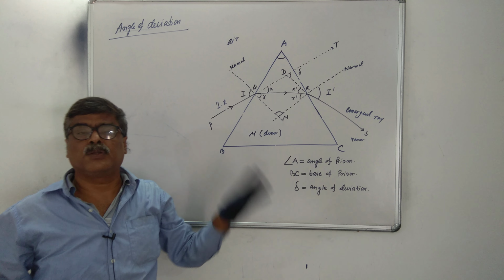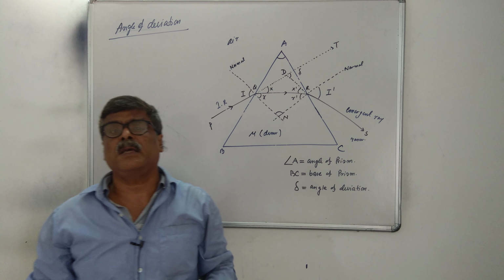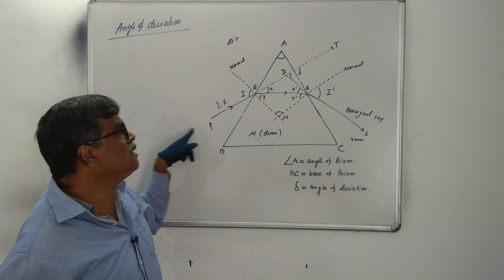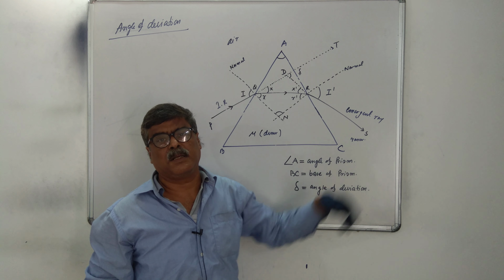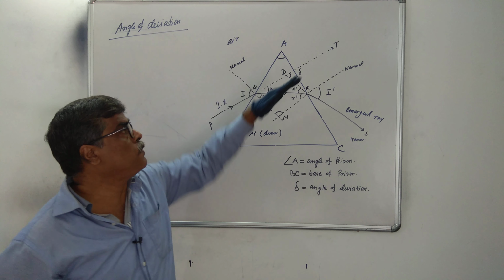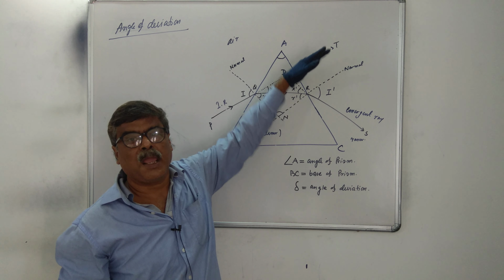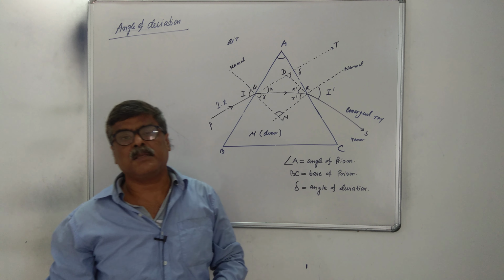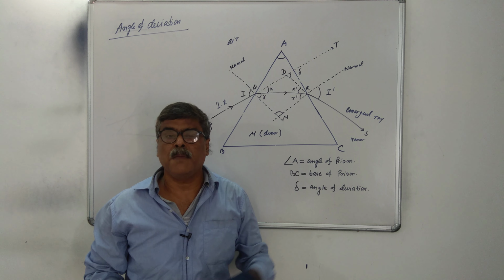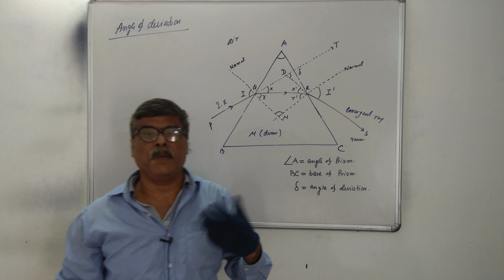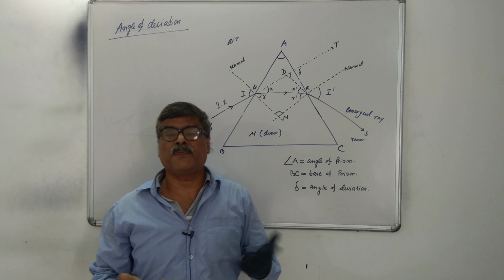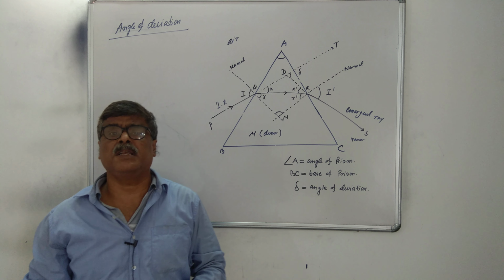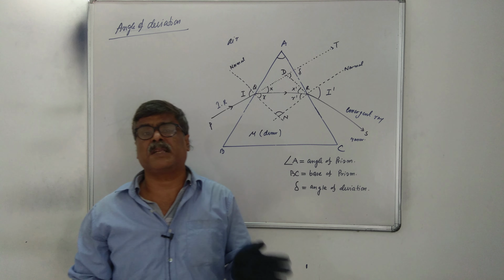When a light ray passes through the prism, the path of the light ray deviates. So this is the incident ray. But when the light ray emerges from the prism in this direction, the angle between the incident ray and the emergent ray is known as the angle of deviation. By measuring the angle of deviation, we can measure the refraction through the prism. If the angle of deviation is 0, no refraction will occur. If the angle of deviation is more and more, it means the light ray deviated more and more.